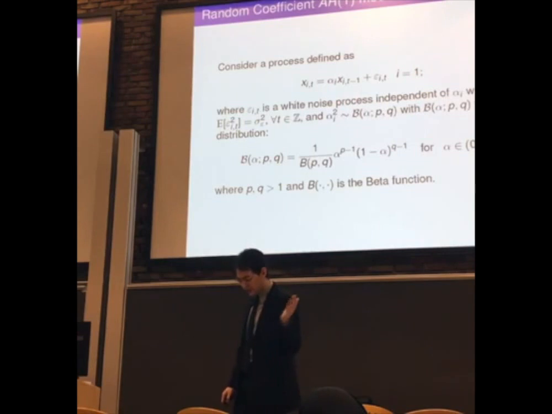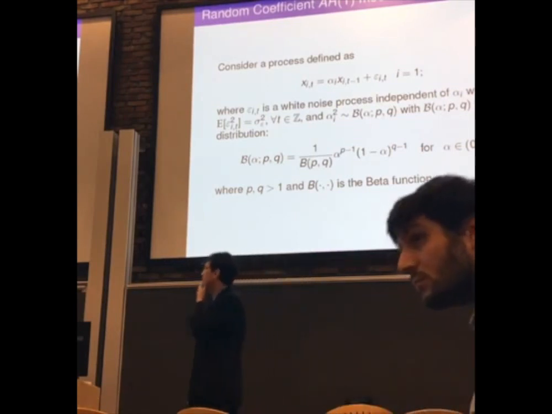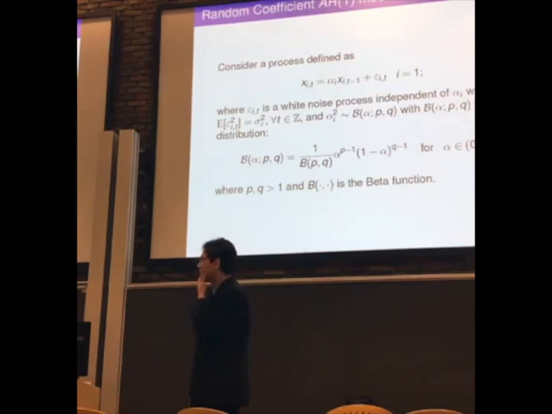With that said, let's focus a little bit on what we mean by this cross-section aggregation result. Let's start first with a simple example. Let's just consider one random AR process. Typically we start with this AR1 process when we study, let's say, time series. So this is an AR1.